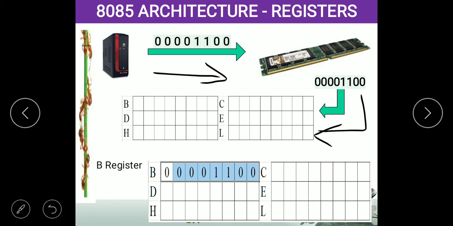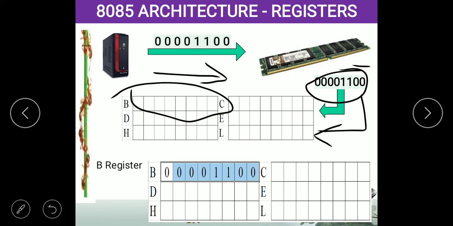This data is 8-bit, so it can be held in any of these registers, such as B, C, H and L. That depends upon the situation; the type of register will be selected. Now let us assume the B register is free, so the data is stored in the B register. As it is only 8 bits long, we can store it there.